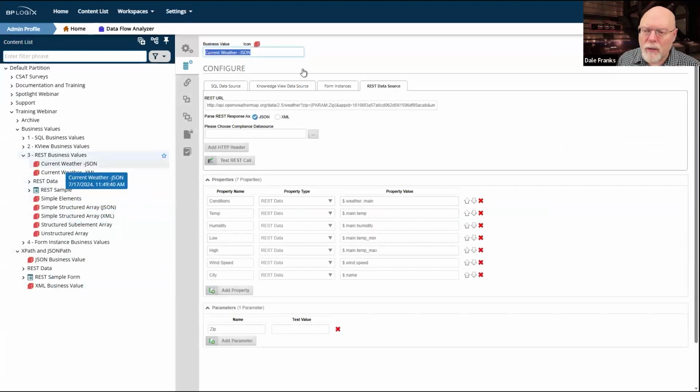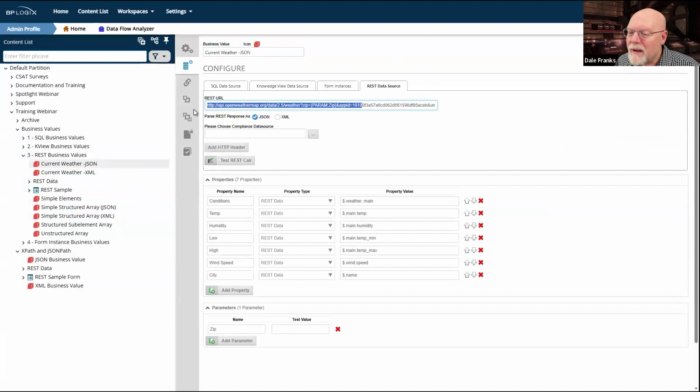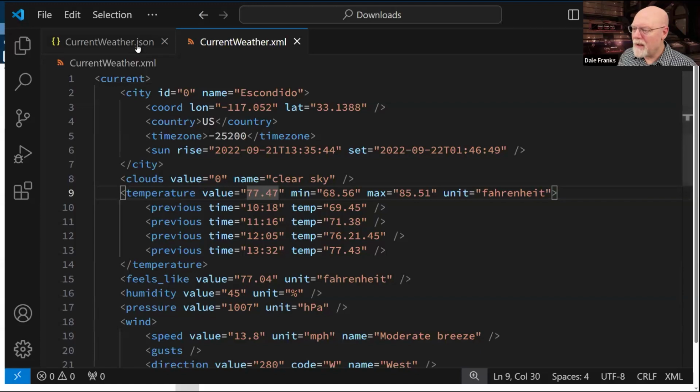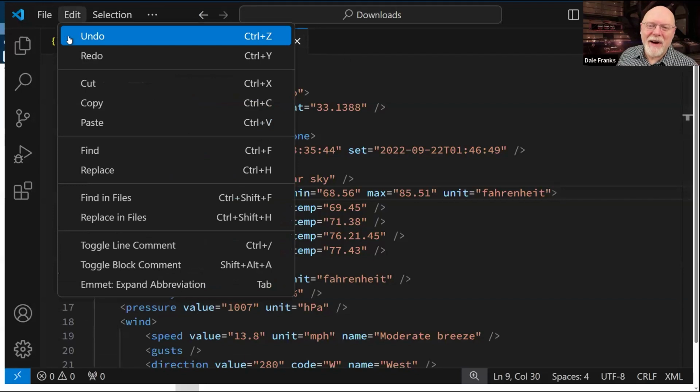So if we go to currentweather.json, okay, where is it? Well, let's just copy both of these. Well, I guess I needed that document after all.